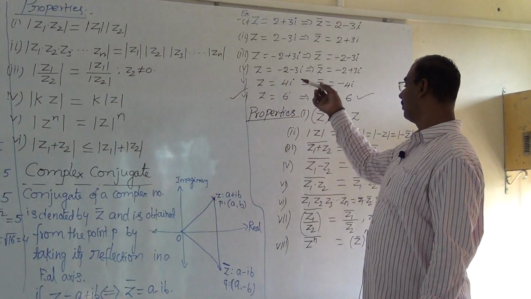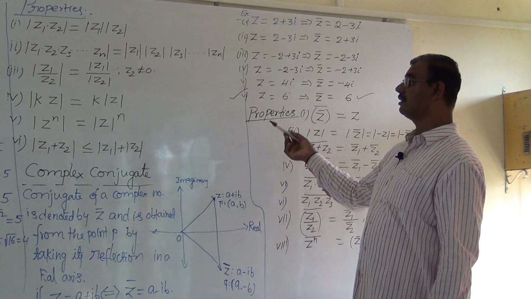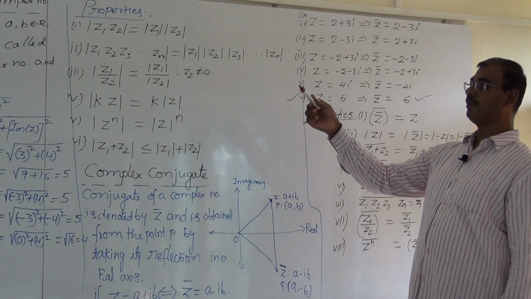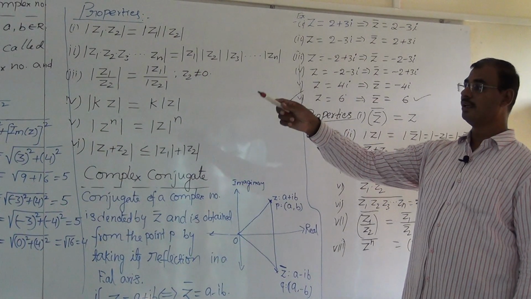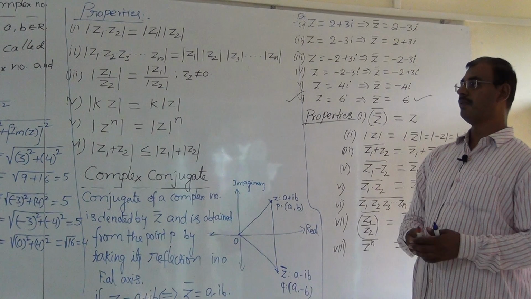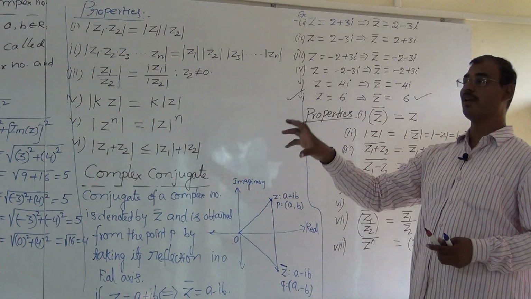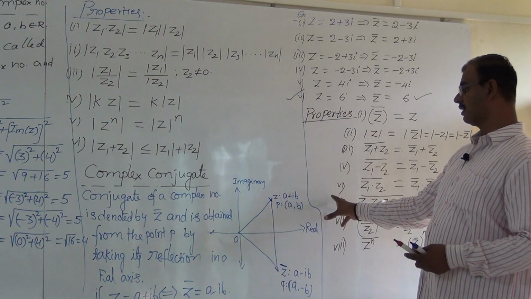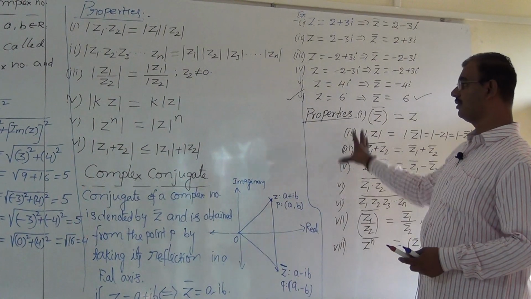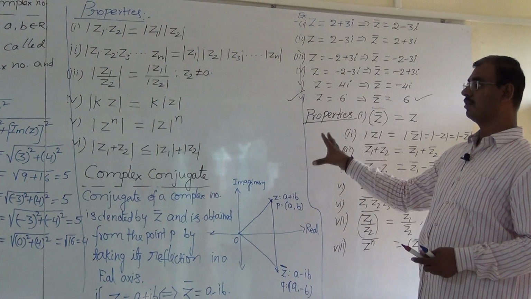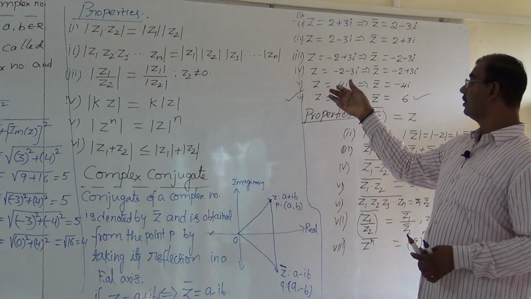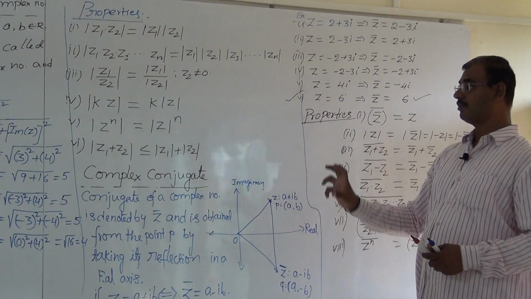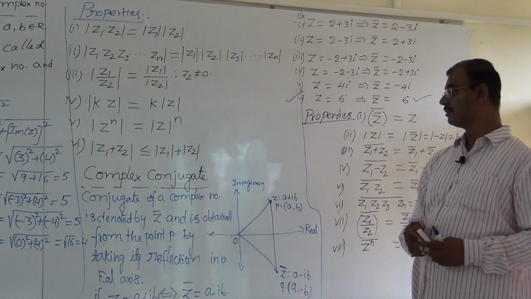So these are the properties. Remember all of them thoroughly, one by one. Today I finished the complex plane and geometrical representation of a complex number, modulus of a complex number, and complex conjugate of a complex number with properties. Tomorrow we have to see the remaining concepts, and after that we will see the exercise problems. Okay, thank you.